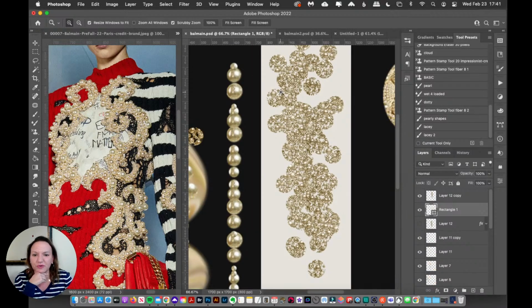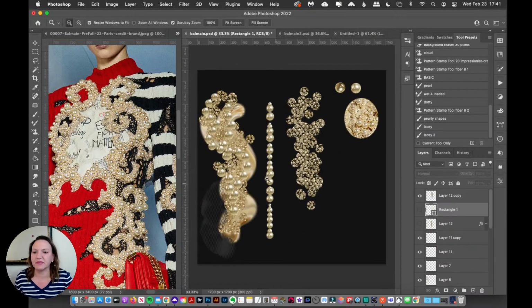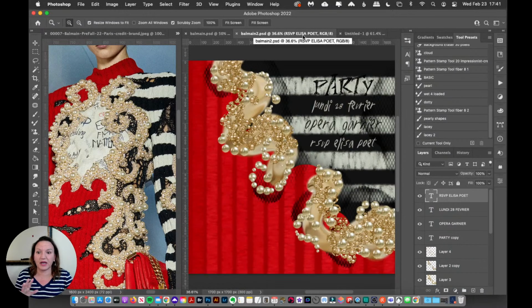So I'm going to show you a couple different things that I did. One thing that I did is I'm taking inspiration from this look, and the idea is just to get the vibe of it. It doesn't have to be totally perfect. I can add my own little thing, but obviously I really got the inspiration from that look here. One thing that I wanted to do is put a creamy pearly brush stroke behind those,